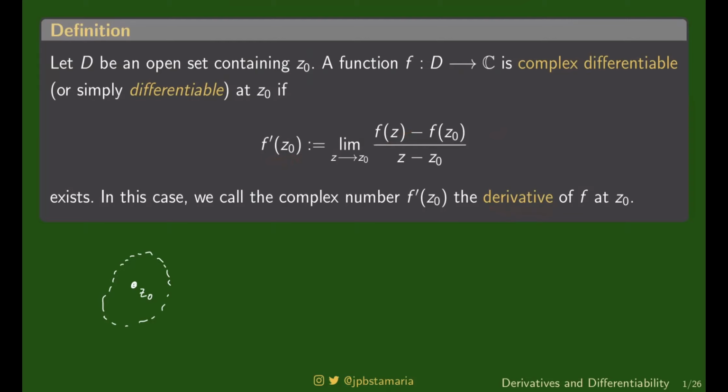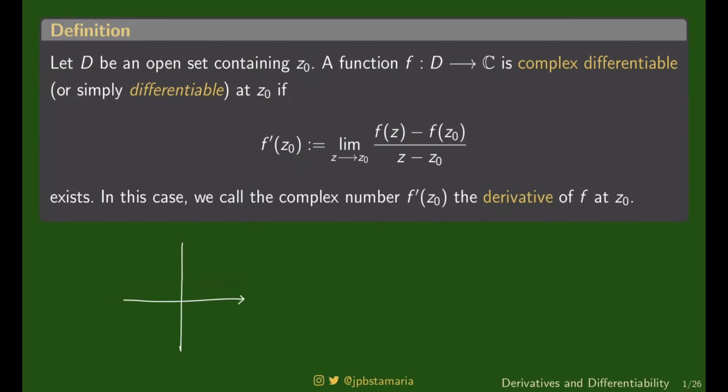Ang pinagkaiba this time, well, ang unang pinagkaiba, yung quotient na ito, hindi mo pwedeng interpretin as slope. Unlike before, it could be interpreted as slope kasi it's really a slope. This time, it's not a slope kasi wala ka namang line. Remember, ang mga complex functions cannot be graphed. Wala siyang graph na kagaya nung nasa real. So parang ang derivative, you cannot even imagine what that number is.